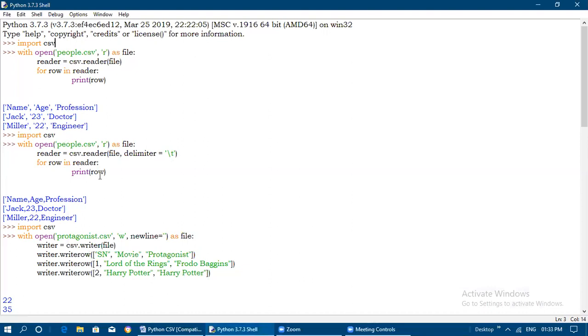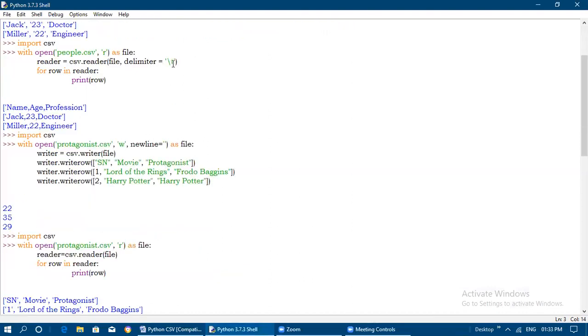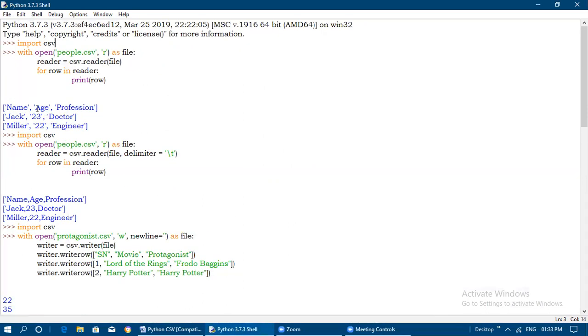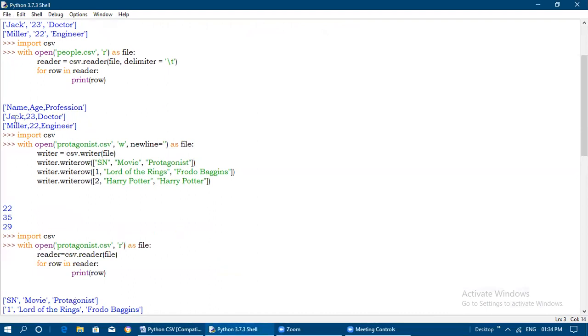Now after using delimiter, it is showing like that only, but the difference is that here everything is included within single quotes. See here, name has one single quote before it, and profession one single quote after it. Individually every value is separated by comma, but if you use this \t, there are slight changes in the output. All the values are separated by comma, but everything is enclosed within single quotes. The entire values are enclosed within single quotes. So this is the output of the delimiter \t usage.